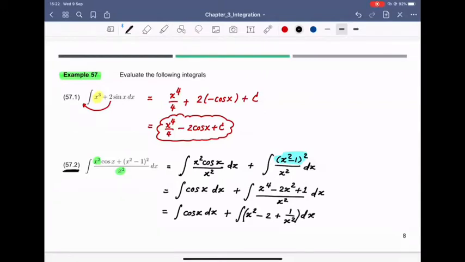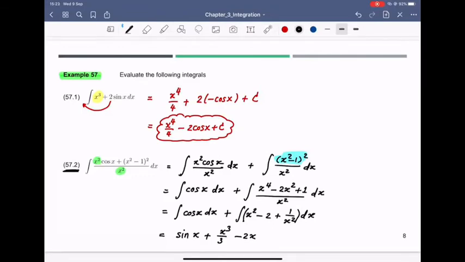So I'm going to integrate cosine. Now I get sine because I know differentiate sine, I get cosine, right? And then I integrate x squared. So I get x cubed over 3. I integrate negative 2. So I get negative 2x. And then I integrate